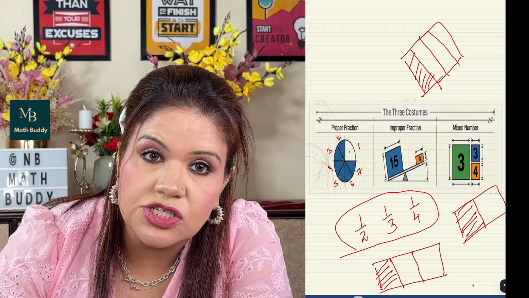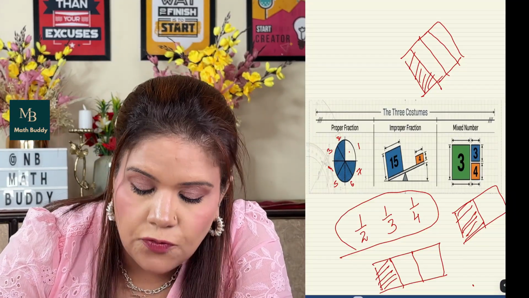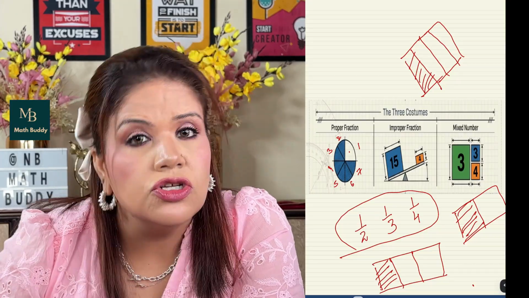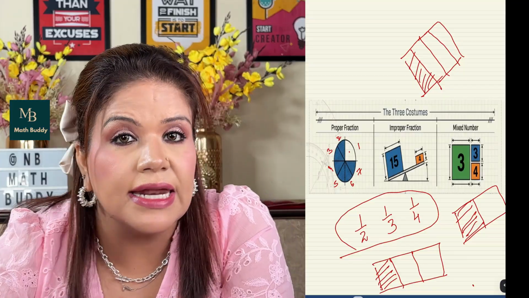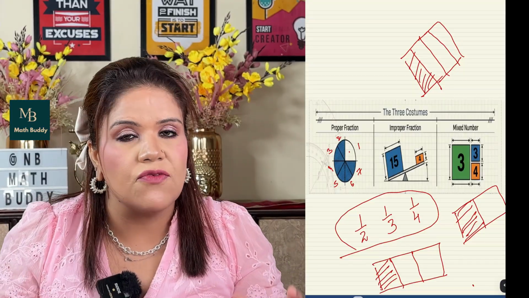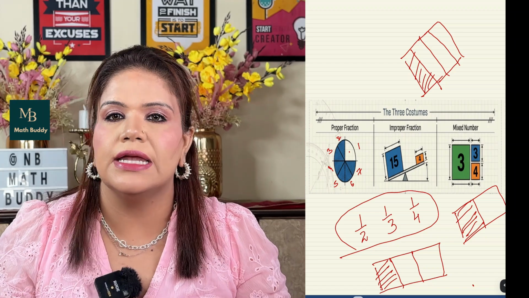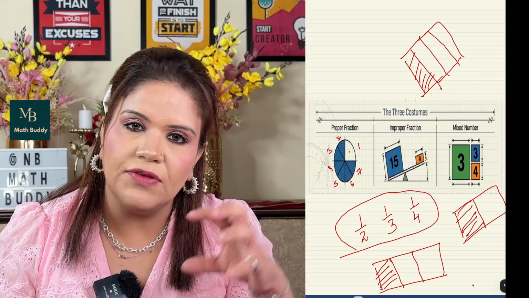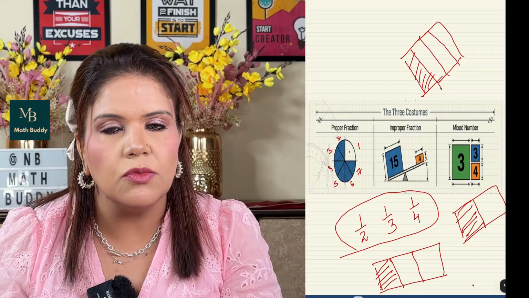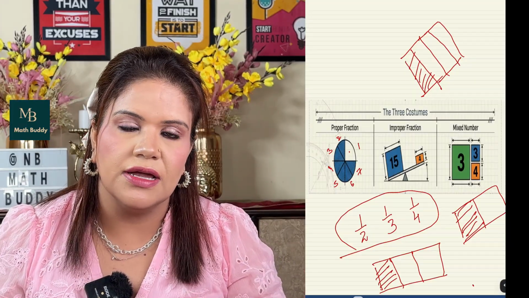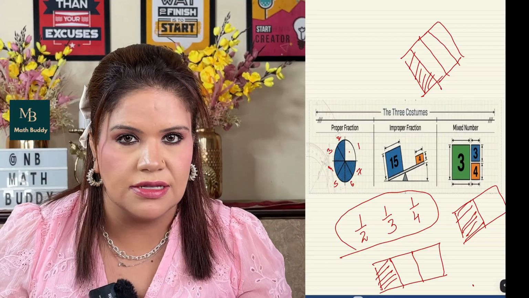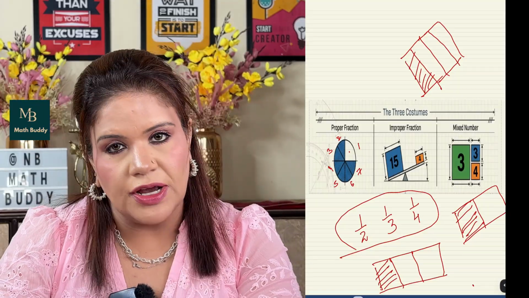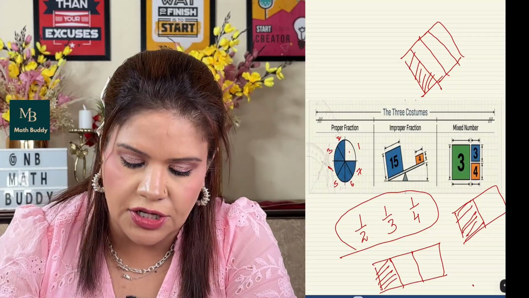We just understand that out of 4 I am getting 1, out of 3 I am getting 1, out of 2 I am getting 1. So my share is getting decreased if the number of pieces it was divided into is increasing. 2 is less, so I will get more share. 3 is a little more, so I will get a little less. 4 is again a little more, so I will get even less this time. So these types of numbers are known as proper fractions, where the numerator is smaller than the denominator.